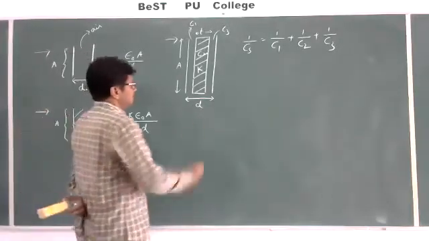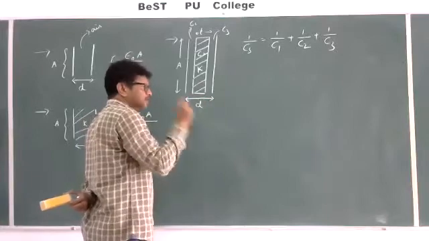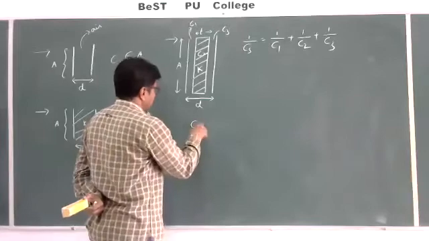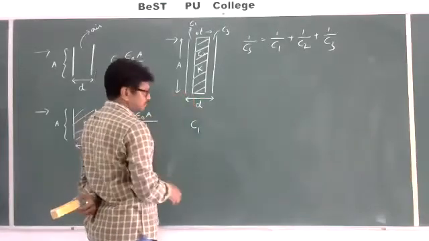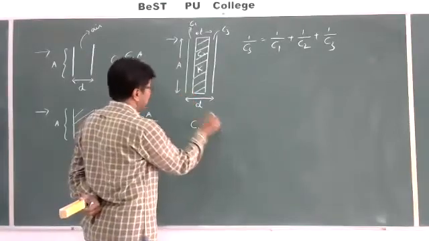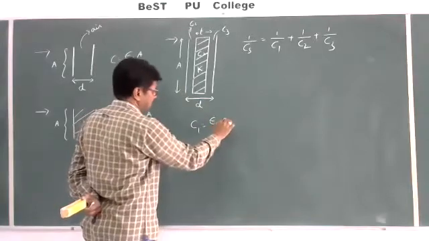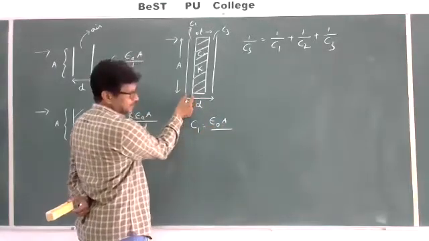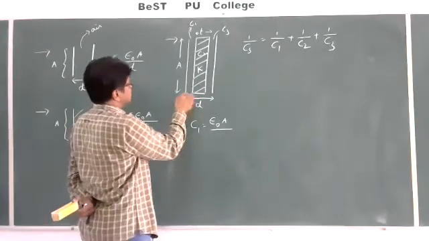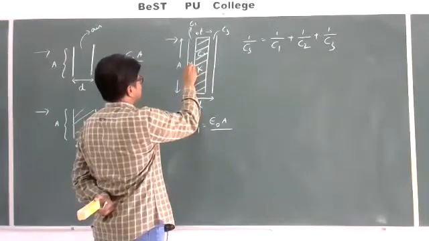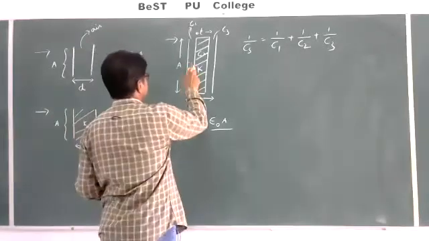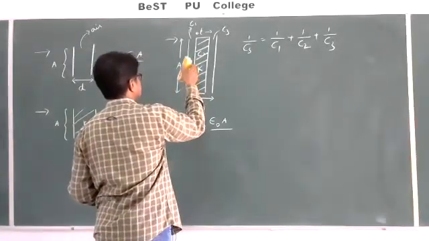Okay. Now I would like to find the values of C1, C2 and C3. So the first capacitor, what is the capacitance of this? The general formula, since air is the medium, is epsilon naught, area of each plate is A, and the distance between the two plates. This distance we should take. Here we don't know the distance. For convenience, I am taking that distance as x1.